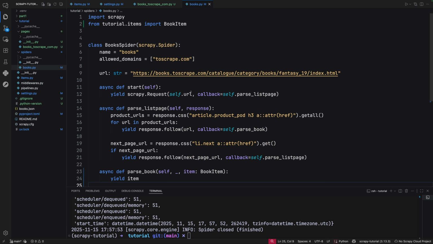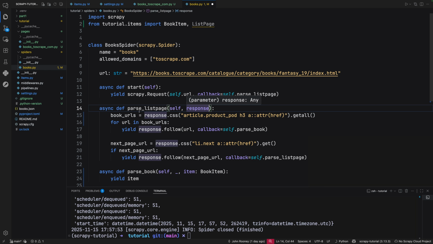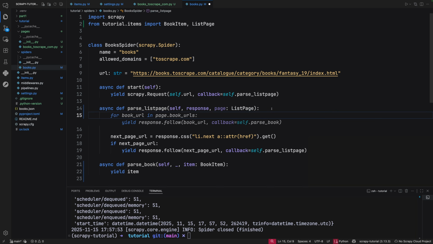So let's come back to our spider, import the list page, sorry, and let's get rid of this. So what we're going to do here is we're actually going to add this in. We do need the response in this function. We didn't need it here because we're not doing anything with it, so we're throwing it away. But here we are using it for follow. Then we have page, which is our list page. I'm going to get rid of this. And we're going to say